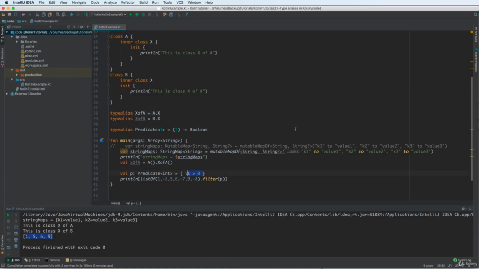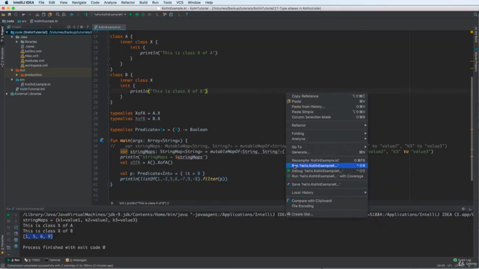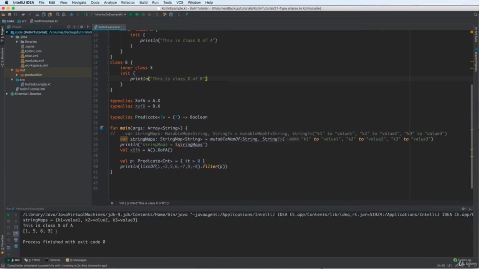So we have P as the alias, a type alias of predicate, and you add the P to filter, then run. So we have the same value as before. Okay. So in this lesson I have just